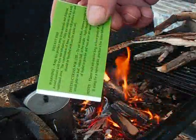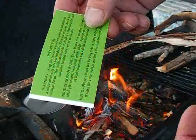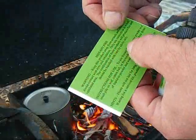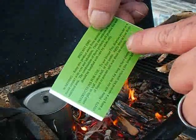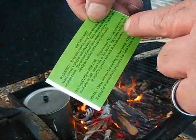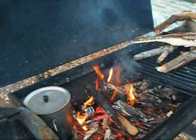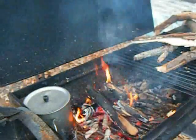It says, warning, keep this product away from animals and children, avoid contact with eyes and inhalation. Only use outdoors in well ventilated areas. I'm going to tell you, it stinks when it goes off, but it's just for a few seconds. Combination of these products will produce fire and should be handled with care by adults only. And it tells you to use instant fire, dispense powder in a small pile on a leaf, cotton ball, or fire tinder. Apply 3 to 4 drops of liquid to powder and wait about 10 seconds. Flame will not last long, so have plenty of dry tinder ready. And that's just common sense. Even if you were, you know, using your ferro rod or anything else, you want to make sure that you got plenty of